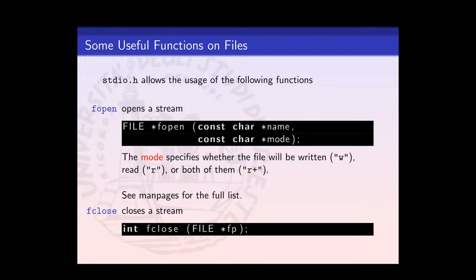And the result of the fclose function is an integer value, which, as you may imagine, is an error code. So if the fclose function returns a 0, it means everything went in the proper way. If the fclose function returns something different from 0, it means that there was an error. Okay,